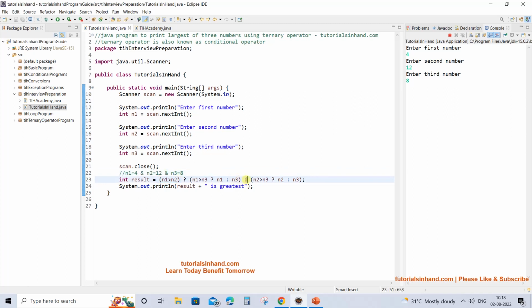If it is false, the statement after this colon is going to get executed, which is another ternary operator. So it will compare whether n2 is greater than n3 or not. n2 is having the value 12 and n3 is having the value 8.